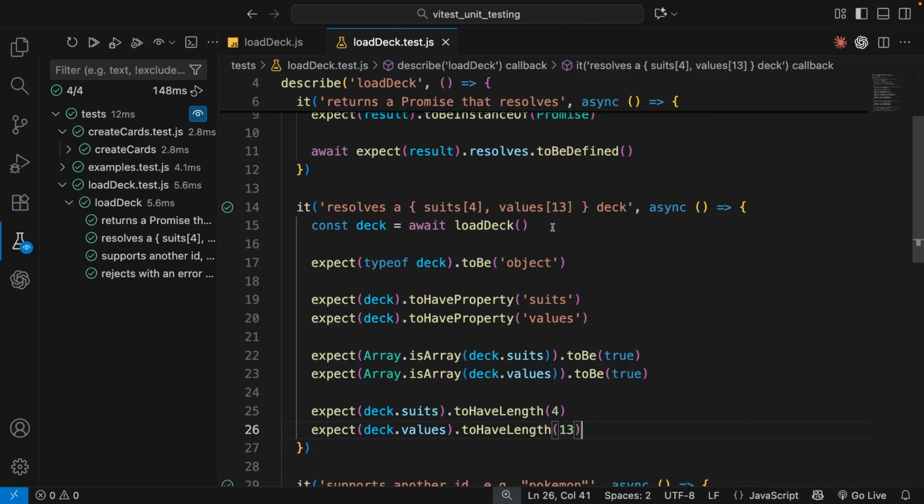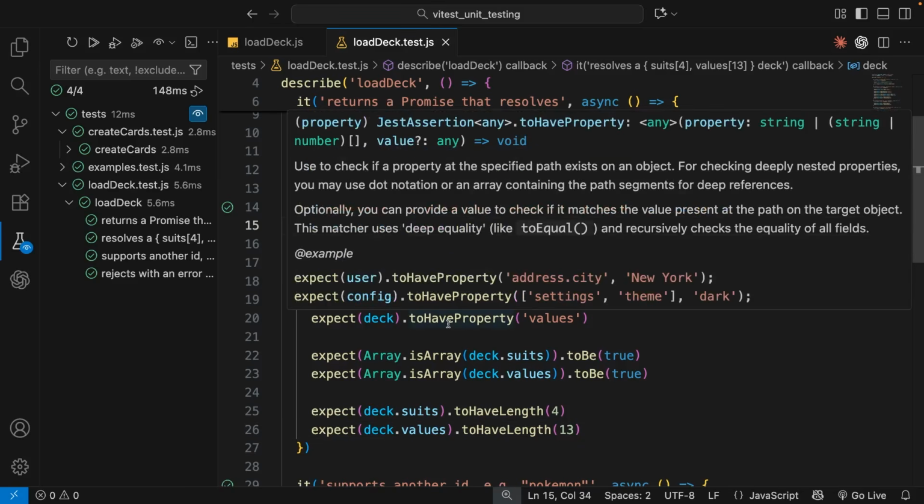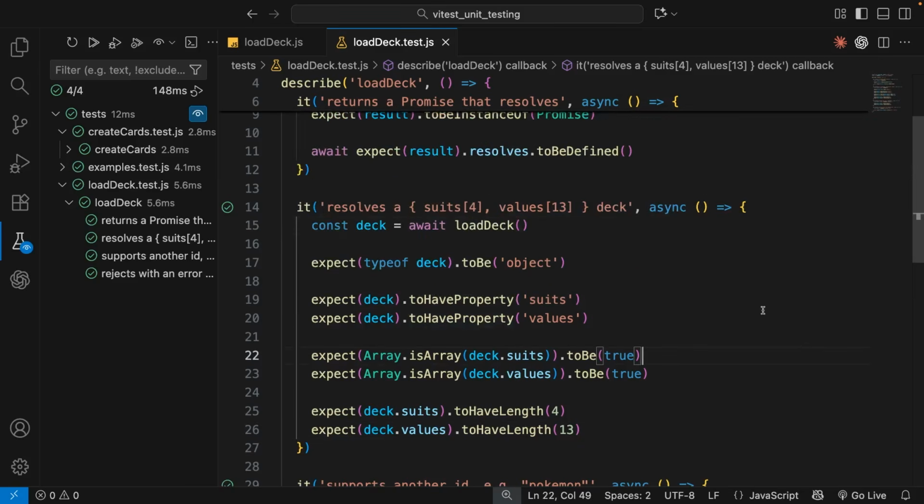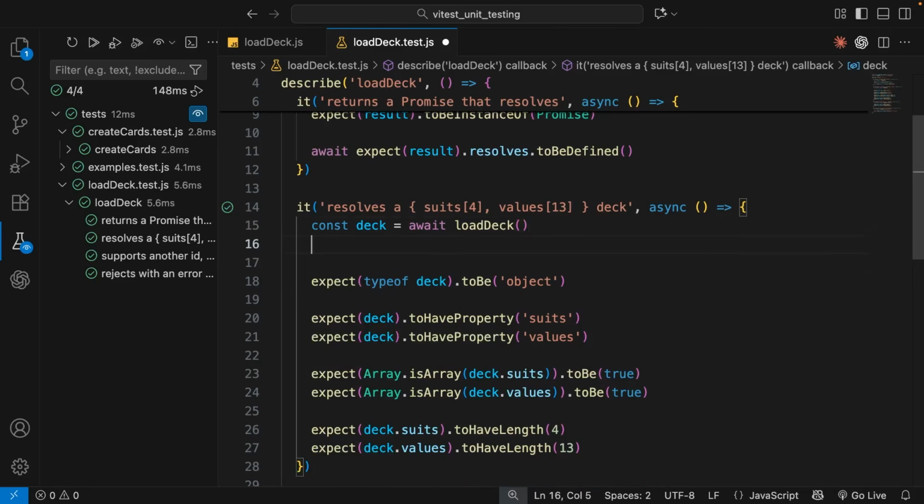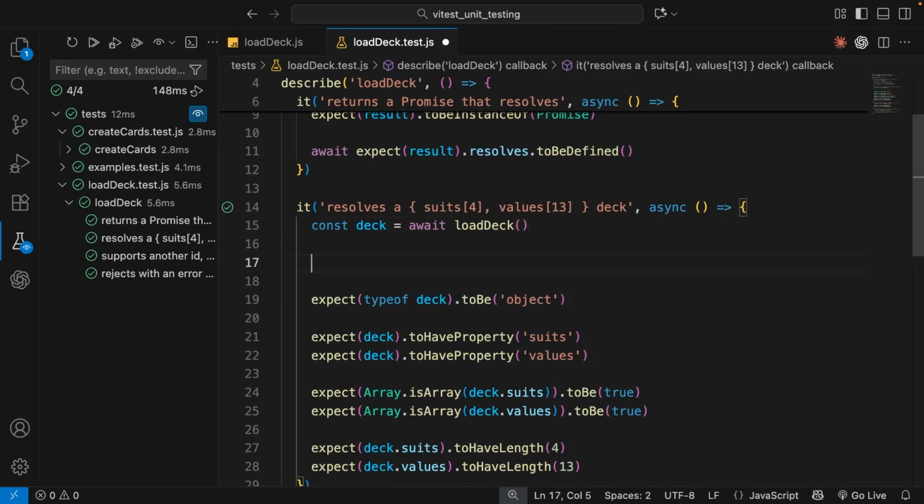But there is another way we can test the structure of a value in a single assertion using something called asymmetric matchers. And an asymmetric matcher is a way to match against an expected value which adheres to certain rules. So in this lesson then, we're going to be converting some of these assertions into a single assertion using a couple of different asymmetric matchers. So let me just come above all of the tests and make some room. We won't delete them yet because we'll use them as a guide as to what we want to be testing